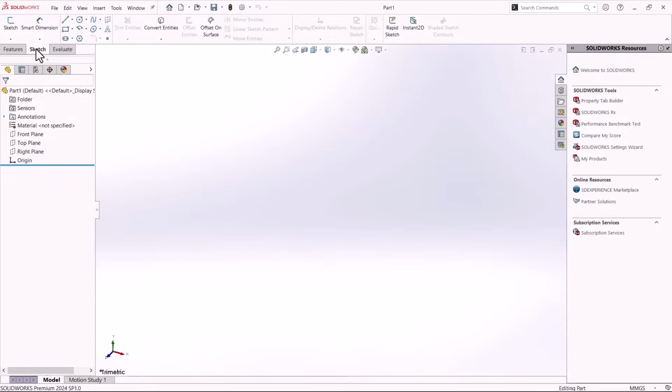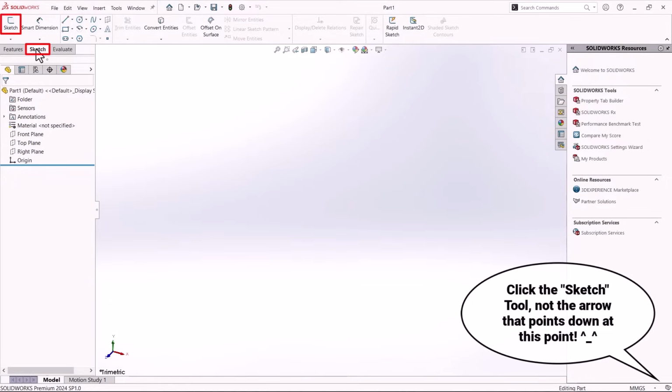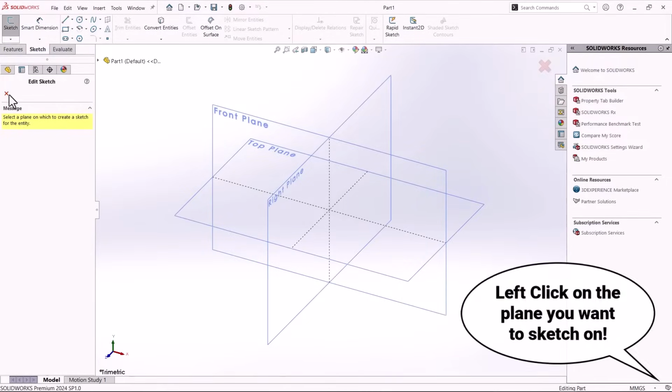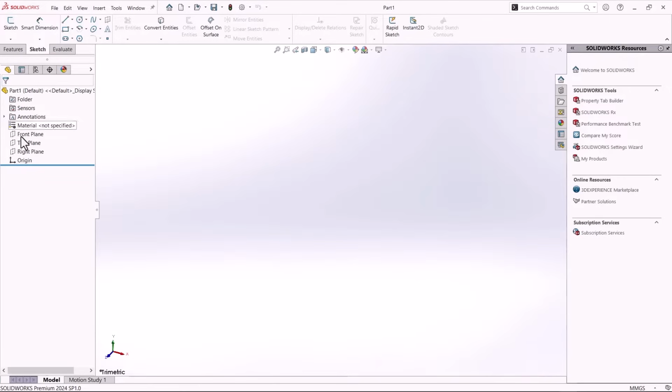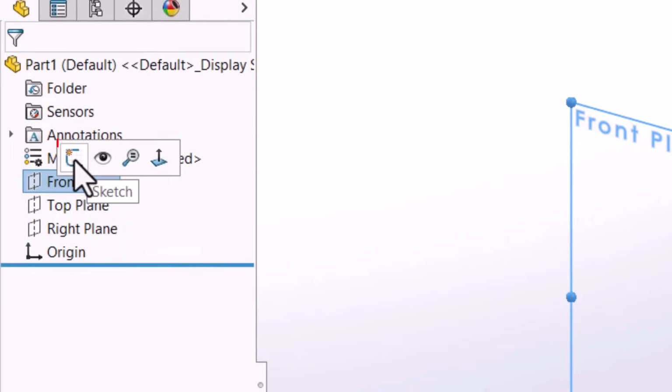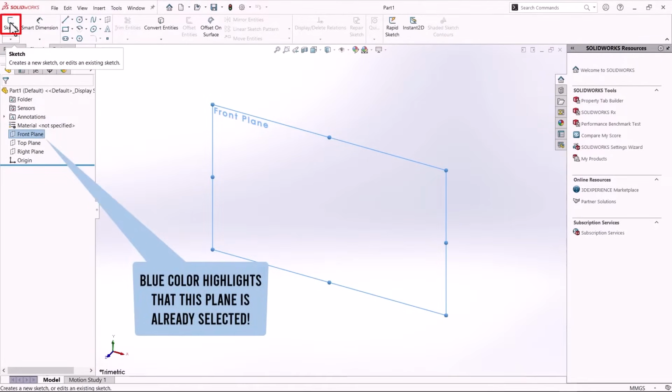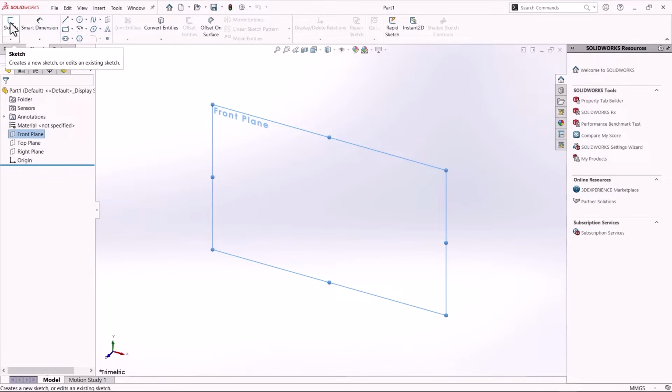There are several ways to begin drawing on any of these planes. The first method, which I recommend for beginners, is to go to the Sketch tab and activate the Sketch command. Once selected, you can then choose one of the 3 default planes. The second method is to simply click on any of these planes and from the menu that appears next to your cursor, choose the Sketch command. Lastly, you can also left-click on the plane you want to use, then go to the Sketch tab and choose the Sketch command again. These 3 different methods all initiate the 2D sketching process.